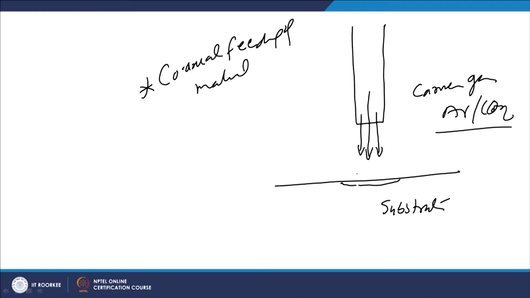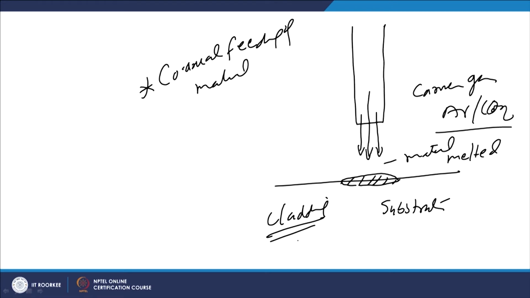So when it passes through the beam, by the time it reaches the surface of the substrate, the material which is to be applied is brought to the molten state. So it is melted and gets mixed with the substrate, and that is how it forms the cladding. Cladding is nothing but developing a thick layer of the material onto the surface of the substrate. So this is one approach, where the material is fed coaxially, or in line with the laser beam itself, and when it passes through the laser, by the time it reaches the surface of the substrate, it is brought to the molten state, and then it mixes with the molten substrate material to develop the